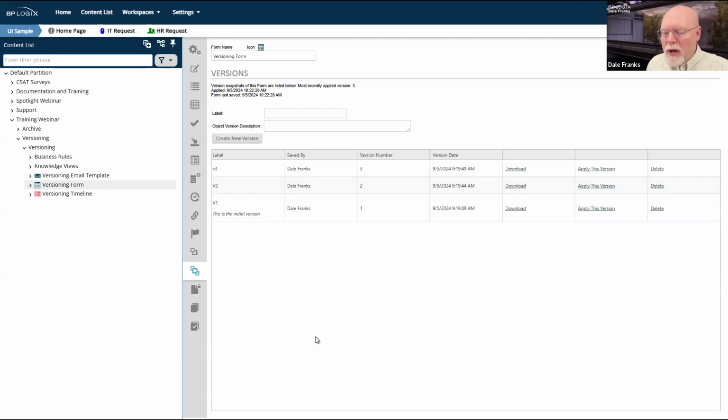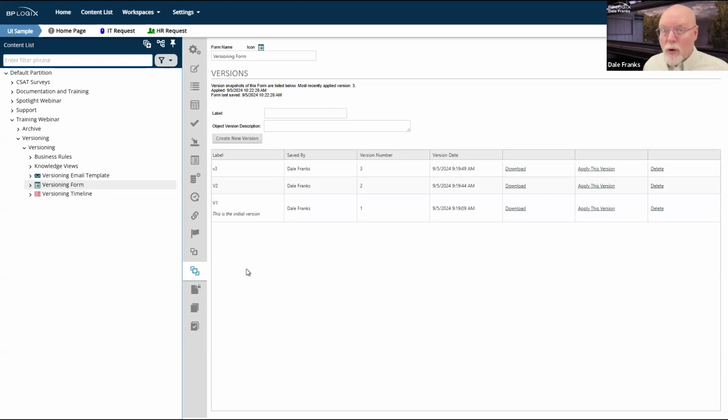I want to demonstrate how imports work with versions, but let's not do that yet. Let's do the entire project. Which reminds me, if we're going to do the entire project, where we really need to apply the versions is not on these individual objects. Now, this is not a 100% hard and fast rule. I can think of several scenarios where I might version these objects here, the form or the process timeline, differently from the application. That is certainly possible to do, and there may be a couple of circumstances in which you might want to do that.